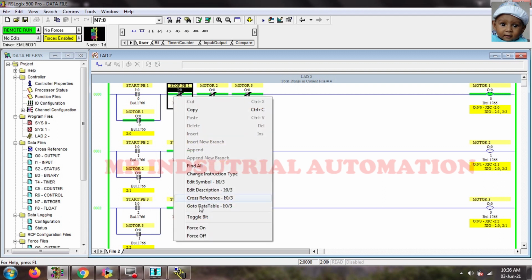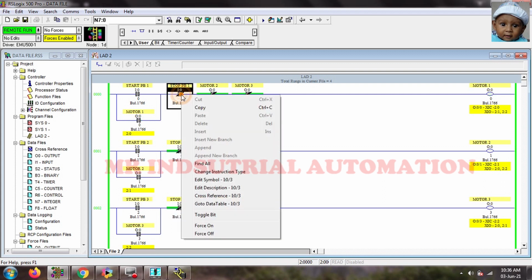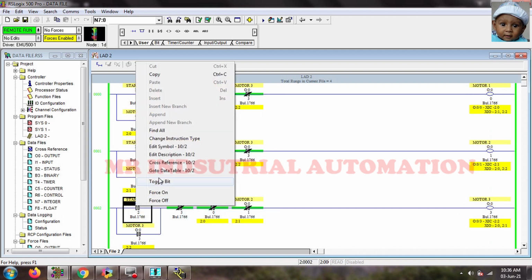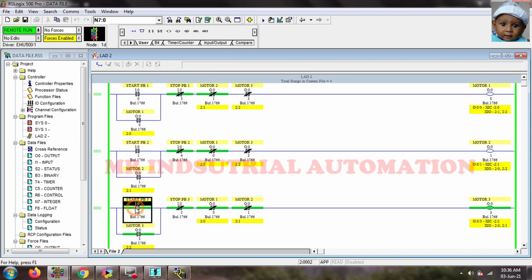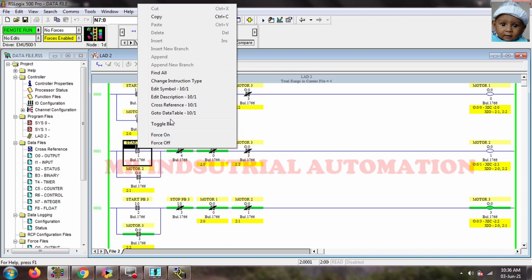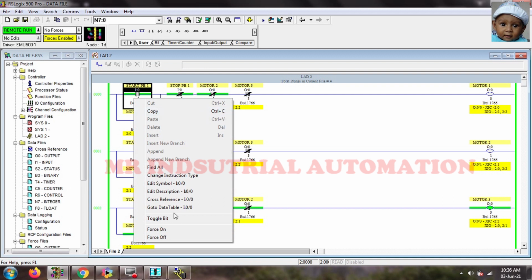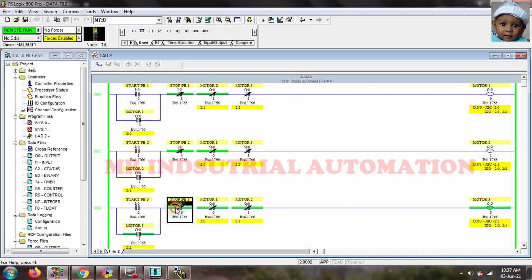Okay, now we can see on the next rung, as I told you that I want to stop that rung. Now I have started motor 3. Motor 3 is on. Okay, I have released the PB, but if I want to turn on motor 2 or motor 1 at the same time, both motors will not turn on because motor 3's interlocking is stopping both outputs from turning on. So this is the interlocking.